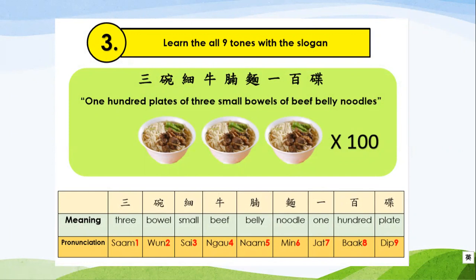And the third method is that you can learn all 9 tones with a slogan. That is a very funny slogan, actually. That is meaning 100 plates of free small bowls of beef belly noodles. Wow. Okay, in Cantonese, we say